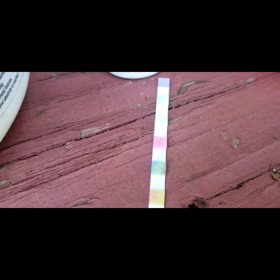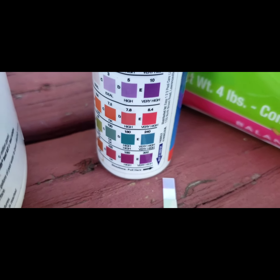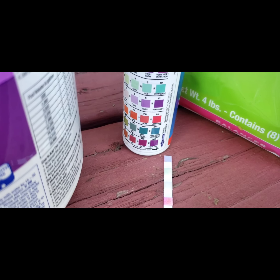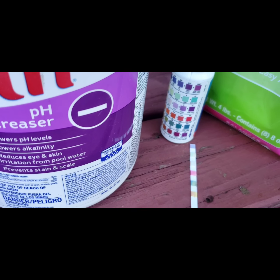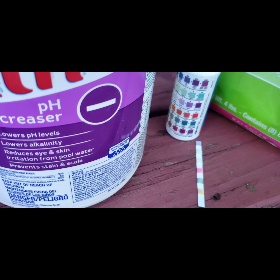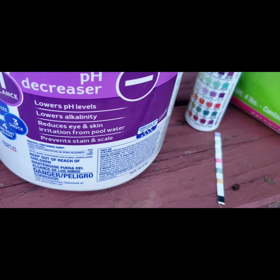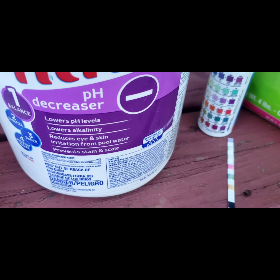It looks like, and this is lightened up since I tested it, but we're probably around the 7.8, 7.9 range. So I'm going to start with the lowest dose and let that work for a couple hours, and then come back and test it again to see if I need to add more. I don't want to do the higher amounts, because if I decrease it more than I need to, then I'm going to have to add increaser, and it's just going to be a losing battle. So we're going to start with the lowest dose, which,